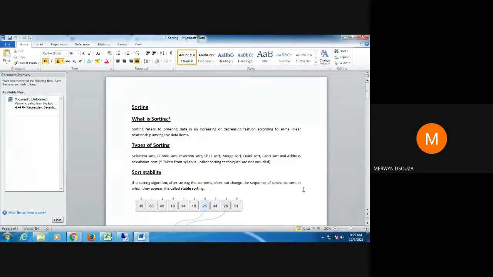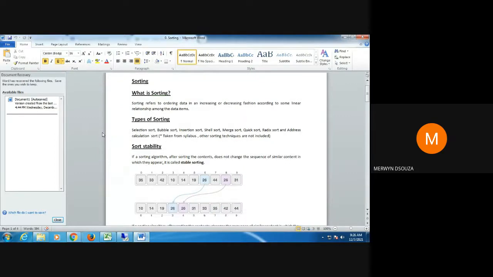So basically, what is sorting? Sorting in simple words means you are going to put the data in some fashion, in some increasing or decreasing order, depending on the relationship between the data. So you could put it in ascending order or descending order. You are going to put them in some kind of order, just like you can see your roll numbers. They start from roll number 1 and go on till the last roll number, which is 65. They are going in ascending order. So based on some relationship between the data, the data is put in some order.